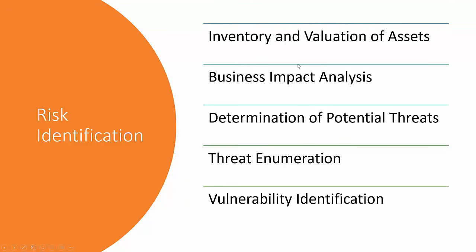Now here you can see, once you have an inventory of assets, we identify the value of assets. Value is of 2 types, qualitative and quantitative. It is not possible for us to give attention to all the assets. So based on the value, we drive the BIA. BIA is all about what is important and what is not important. That is called business impact analysis.